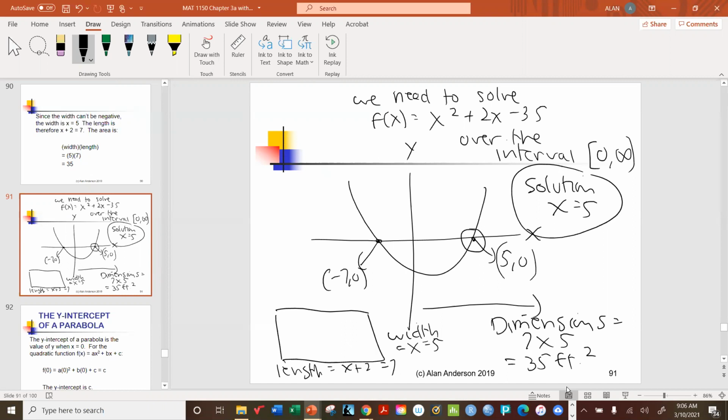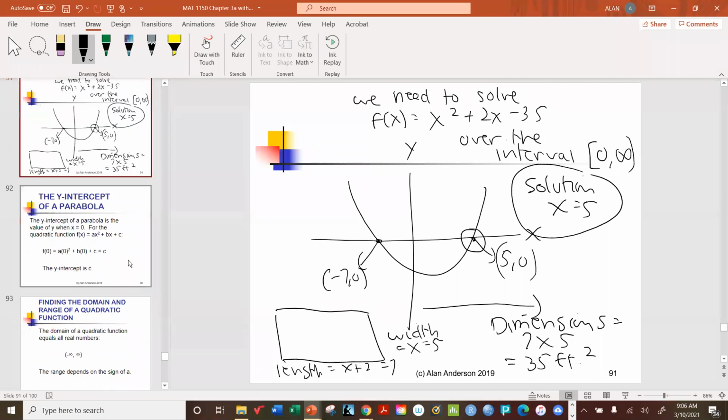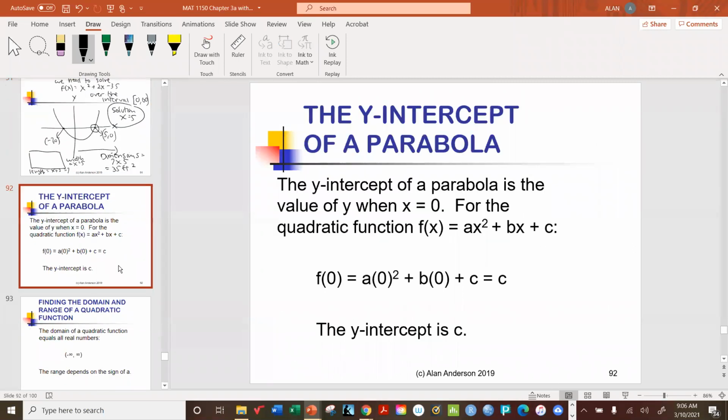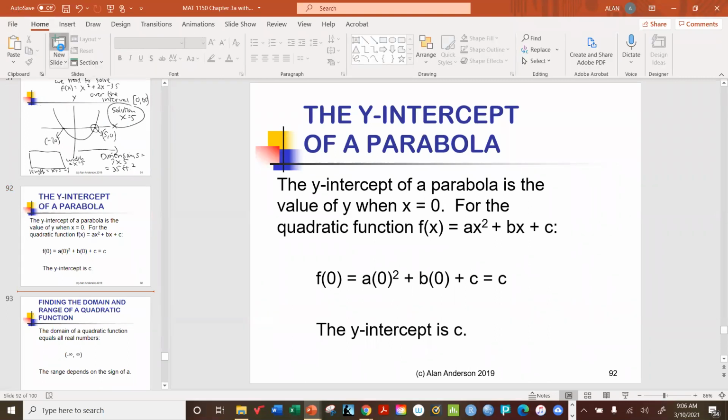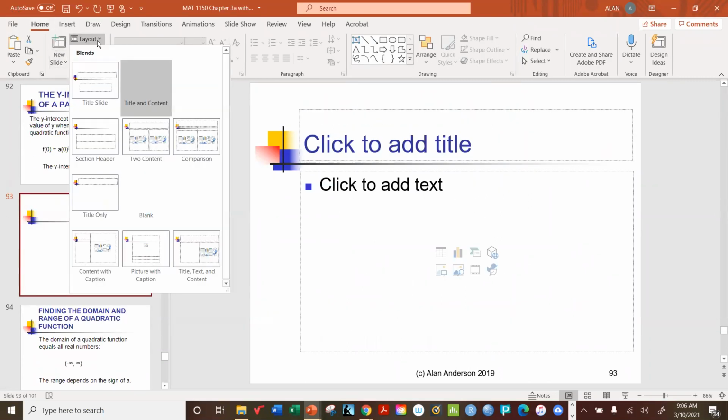All right, now there's one more component of this parabola that we needed to identify. The fourth and final component is what we're going to call the y-intercept. And all that means is, where does this function cross the vertical axis? Okay, so for example,